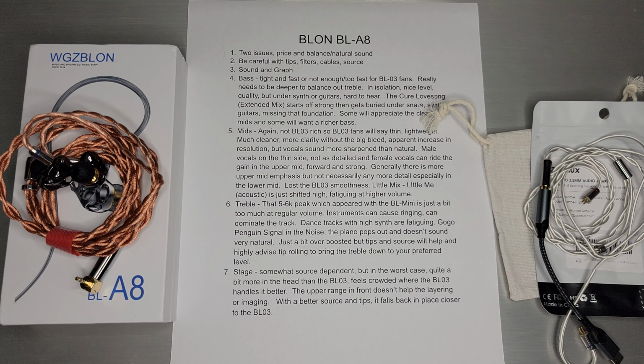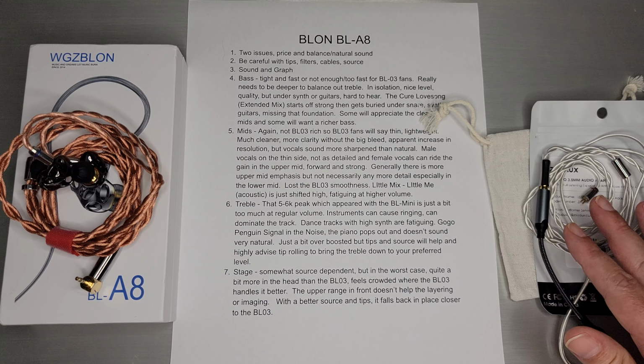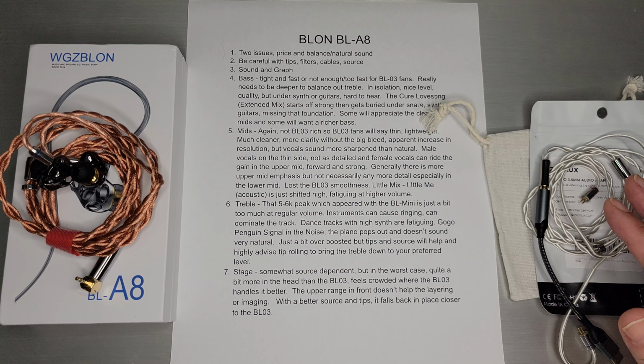They sound pretty good. It's just again, source wise, if you have a source that's a little harsher, or you have tips that are more open and they're emphasizing that little bit, your female vocals are going to go quickly from forward and strong to harsh and a little bit sibilant. So I say forward and strong, but that's really a dialed in version of what it might sound like out of the box. But generally, there's just more upper mid emphasis and not necessarily any more detail, especially in the